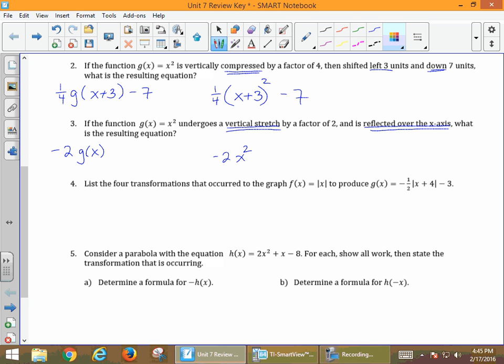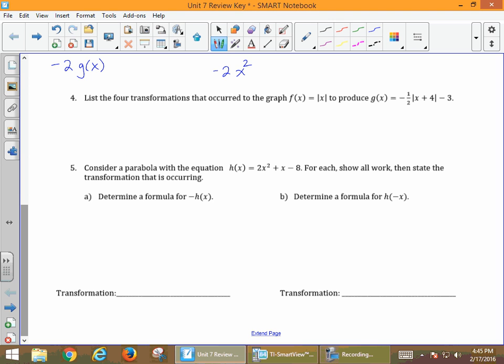Let's take a look at number 4. Number 4 says, list the 4 transformations that have occurred. So we have 4 things that have happened. 1, 2, 3, 4. What are the 4 things? I'm going to start with this negative sign. There's a negative on the outside. That means my y values have changed. So my y values, if I think about it, my y values are up here. So they've switched from top to bottom. They've flipped. So that is a reflection